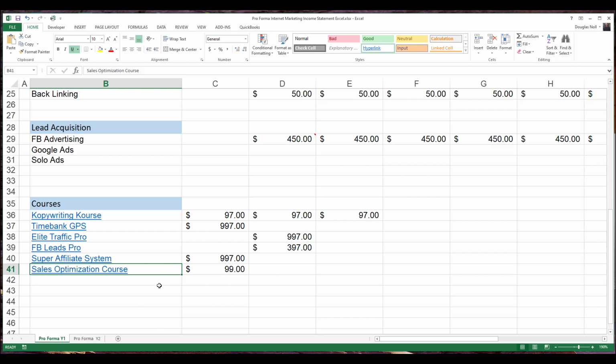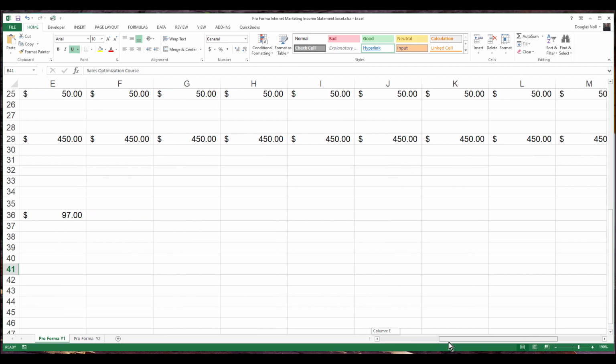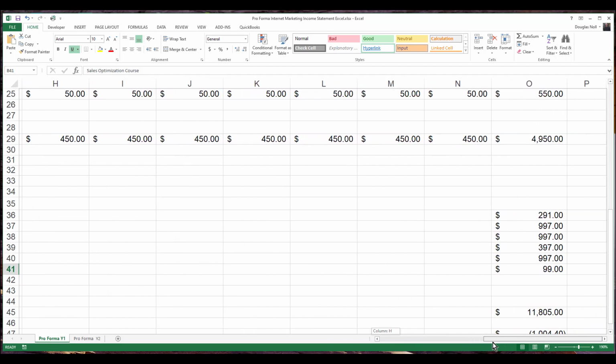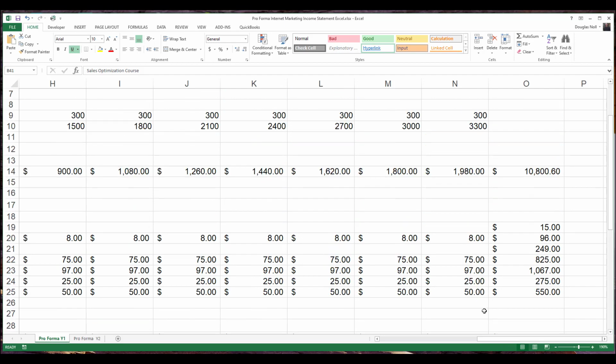All right, so this is the first page. Let's go across. I'm going to scroll across so it doesn't get you too dizzy. And you can see all the numbers are the same all the way across. And we'll go back up here. And here are the year-end totals. So you can see under these assumptions that I've made over on the left-hand side that we just looked at,